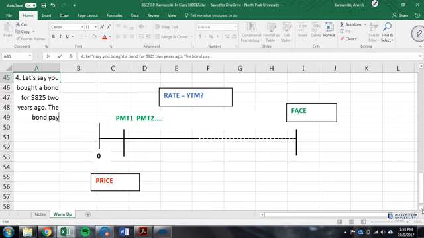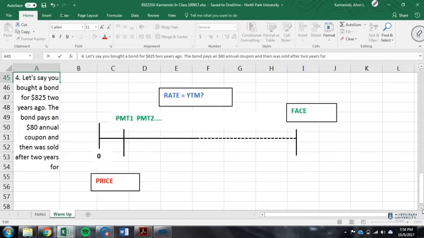The bond pays an $80 annual coupon and then was sold after 2 years for